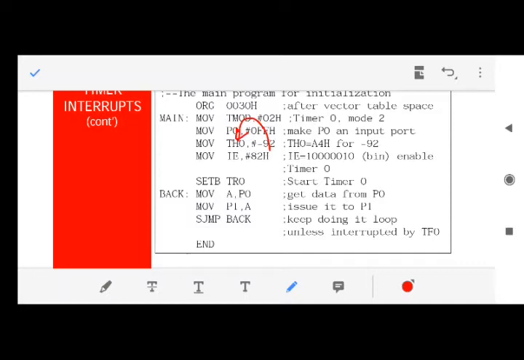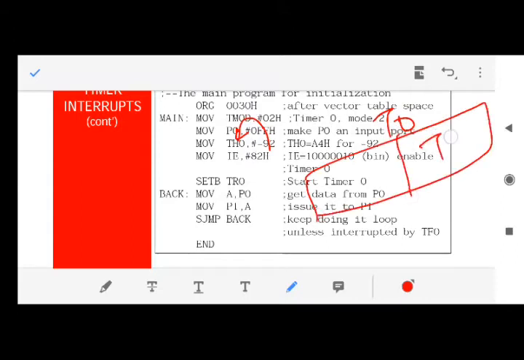What is the TH0 register? This is a register of timer 0. Fine. So the timer 0 register has two portions, TL0 and TH0. In mode 2, remember, whatever is written in TH0, a copy of the same is moved to TL0, and then TL0 will start counting from there.